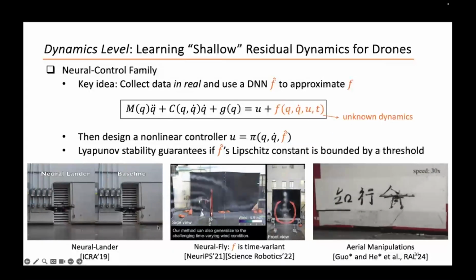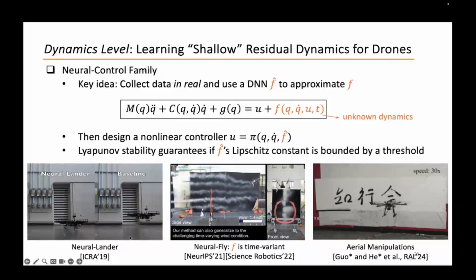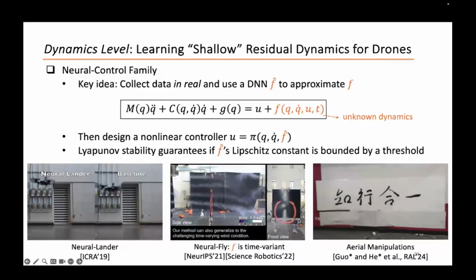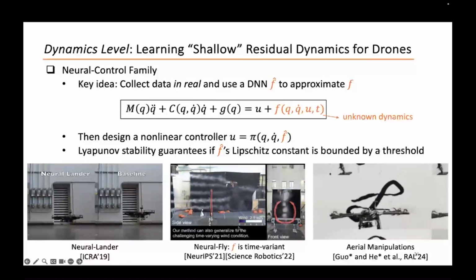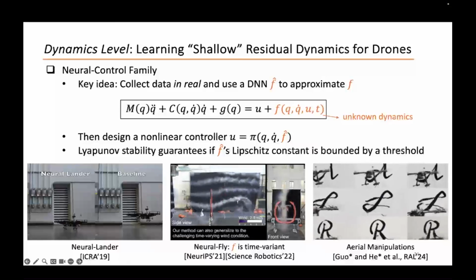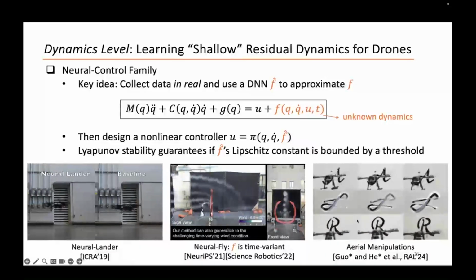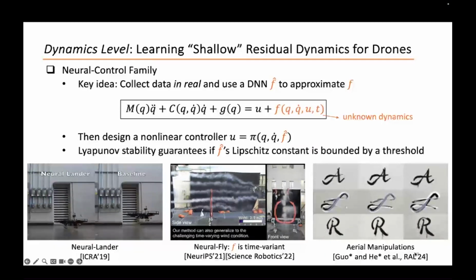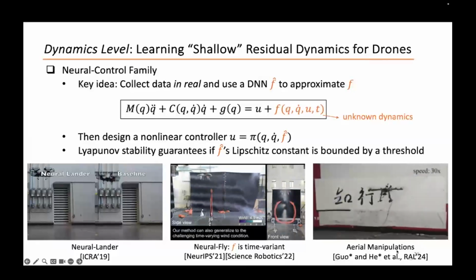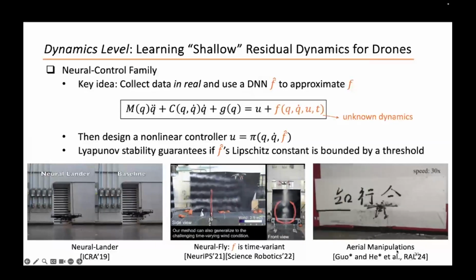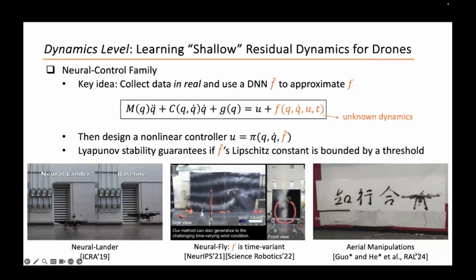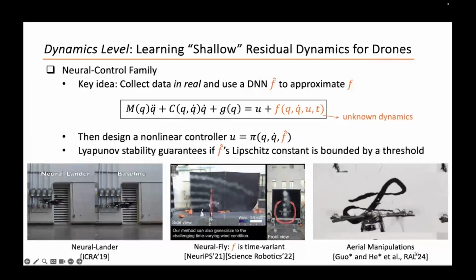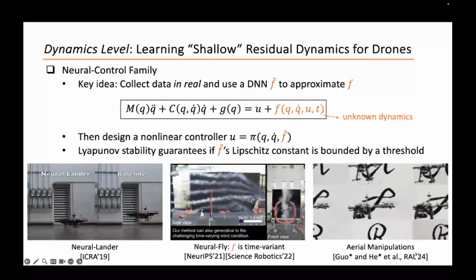Here are some examples. For example, we can achieve a smooth drone landing. In flight, we can do real-time adaptation to wind conditions. And recently, we have learned dynamics as well, for the aerial manipulation problem, where the drone can draw letters on the wall. But in general, for this line of work, we are learning a small neural network to learn some